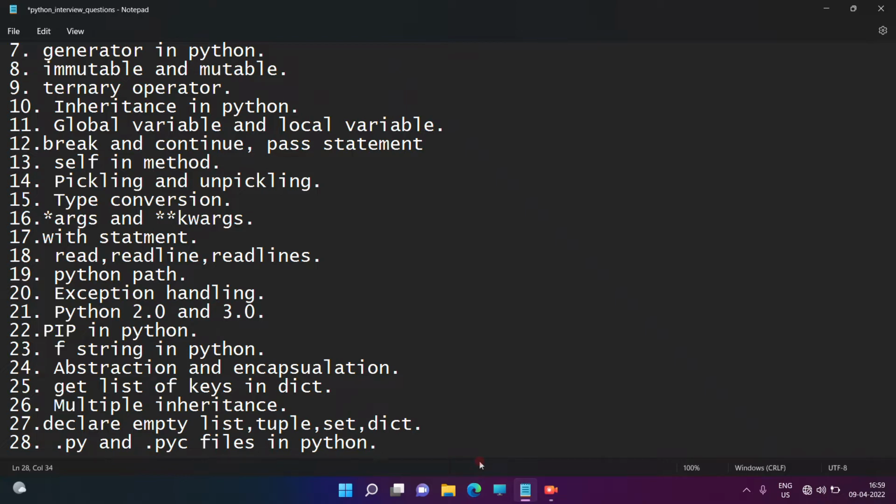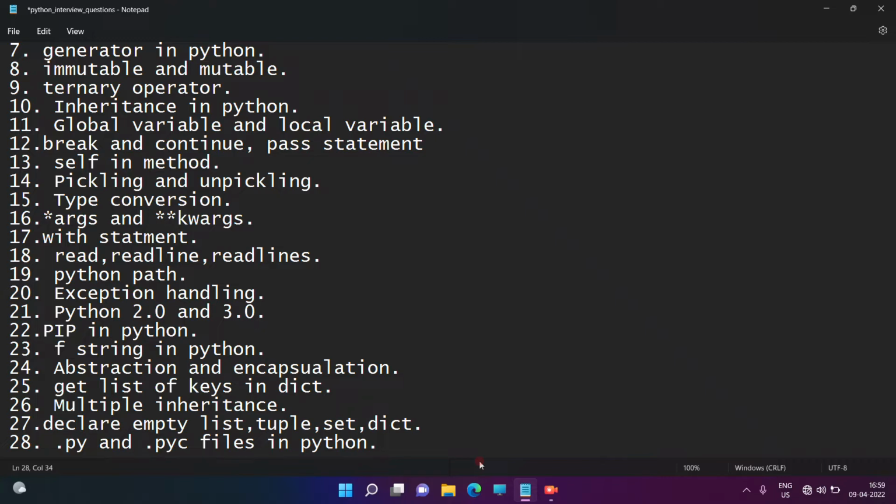A simple Python file created with the .py extension is called a Python file. And what is the .pyc extension? .pyc is also an extension, but when we compile and try to execute a particular program, then the Python virtual machine creates a folder and creates a file in the pycache folder, right guys?